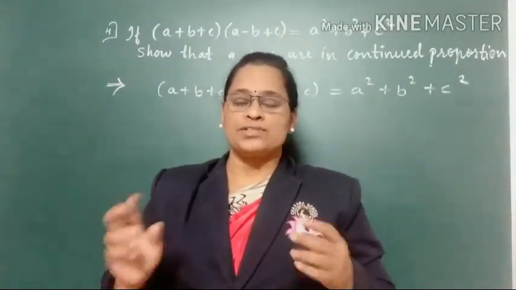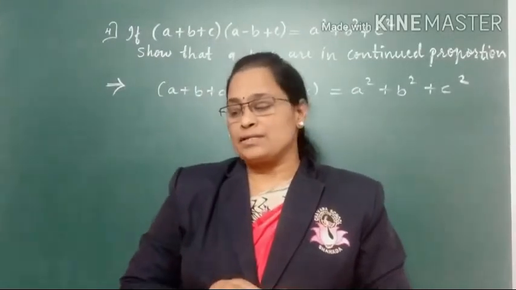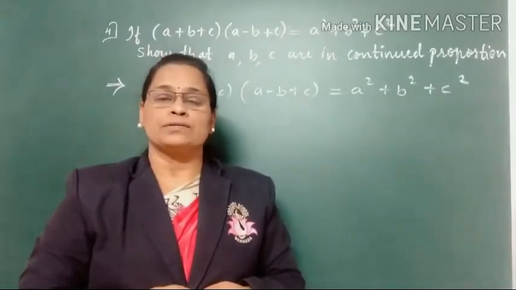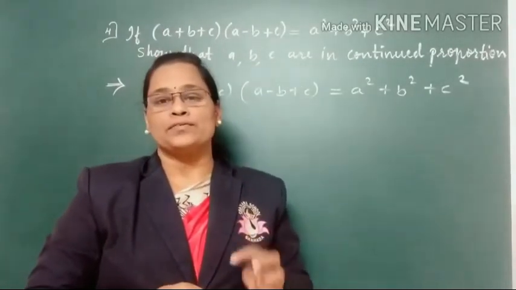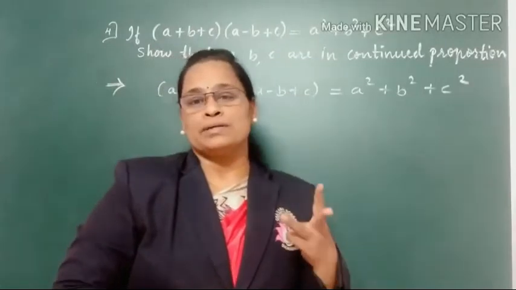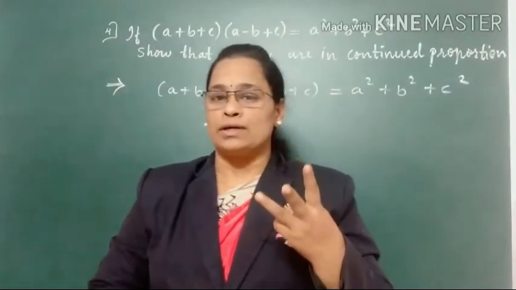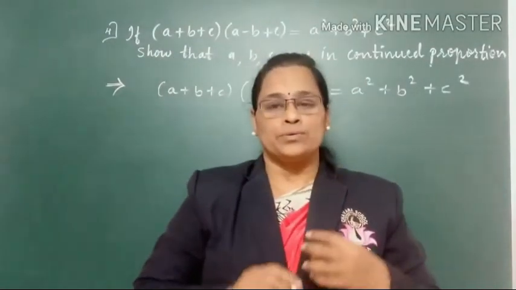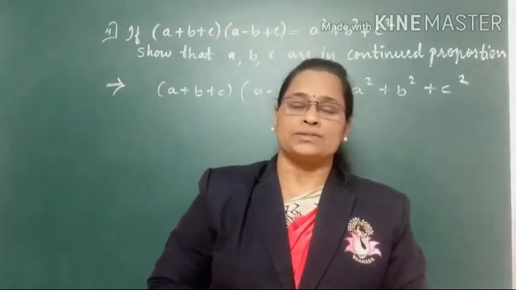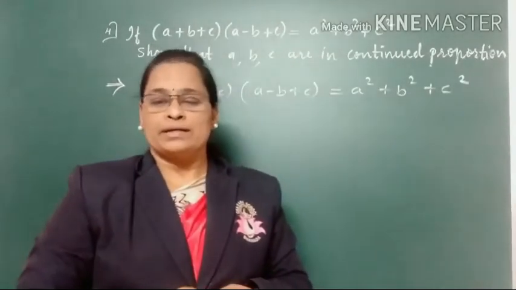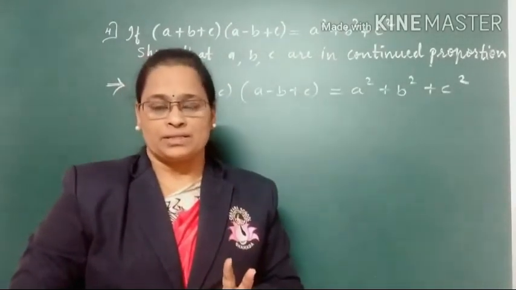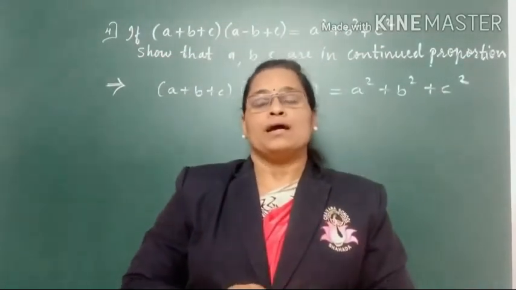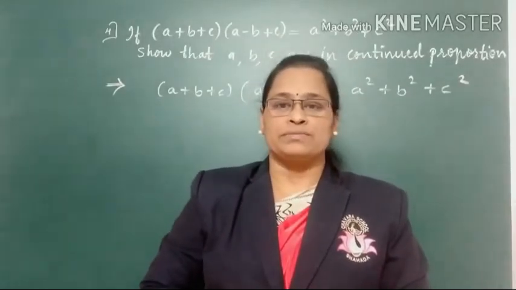So such examples are given in this last practice set 4.5, where you are asked to find out one number out of three numbers, and two numbers are given here either directly as numbers, or in the form of binomials. So you have to use the same method for this, that is you have to use the formula B square is equal to AC. That is the concept of continued proportion of three numbers. And in this way you can solve the word problems which are given here.